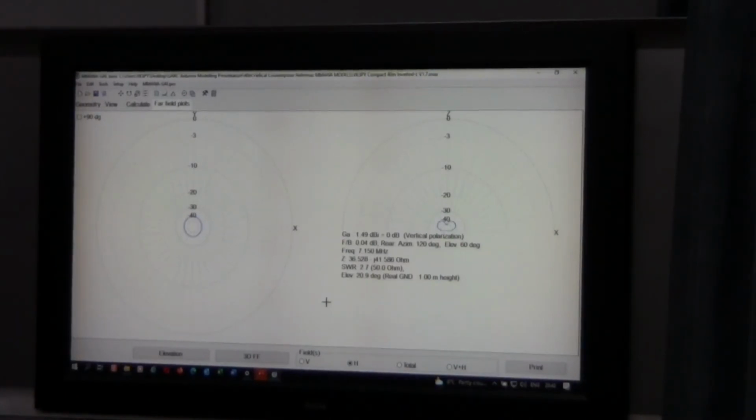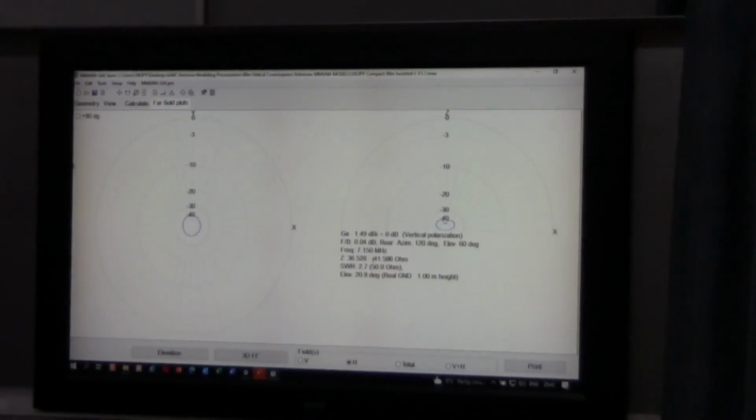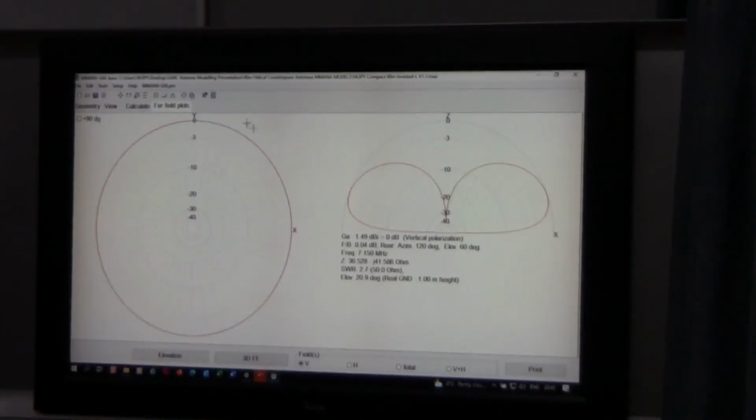You can see, looking just at the horizontal radiation pattern, that it's more than 40 dB down on the vertical. The vertical pattern is our reference, 0 dB. Our horizontal is over 40 dB down, probably about 43 dB. What does that mean? Well, every 10 dB is a tenfold reduction, minus 4 in the negative direction. So 40 dB